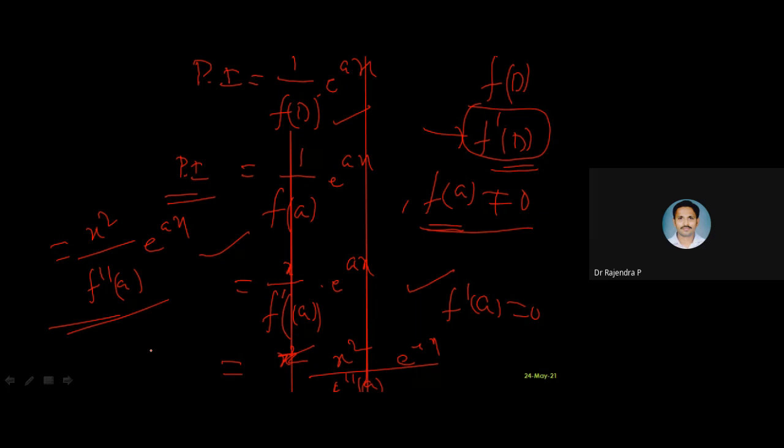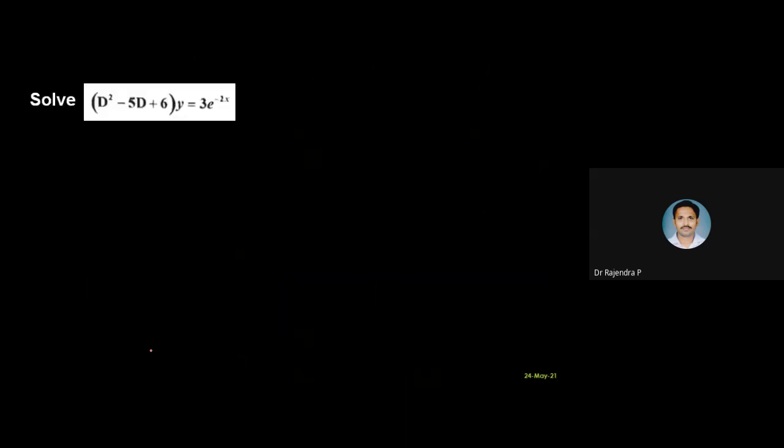Since these are polynomials in D, at some point we are going to get a constant, and then you have to stop the differentiation. You follow my same trick. Don't confuse yourself with what the textbooks follow. This is a very simple approach. Never confuse yourself. Let me do the problem so that you can easily understand.